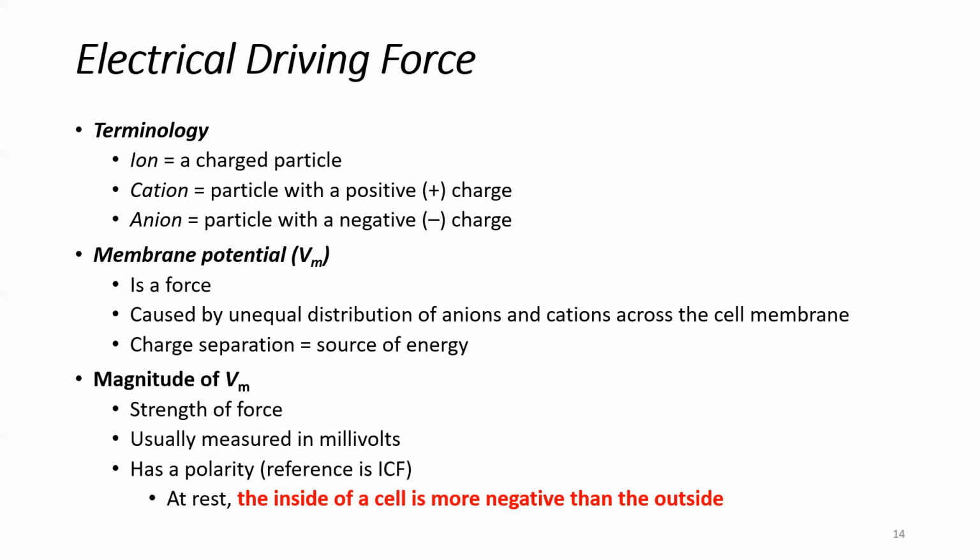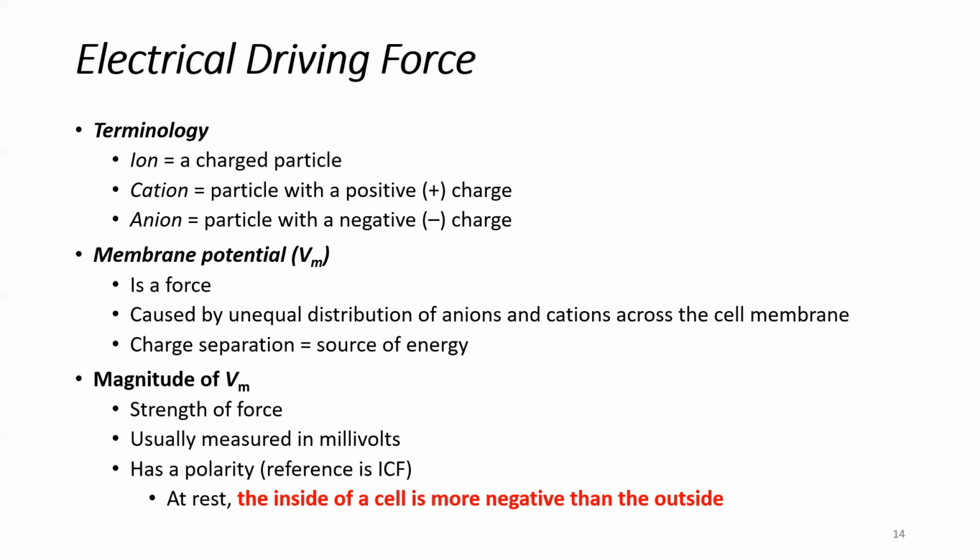And then we can also think about the magnitude of that membrane potential. How strong is it? That's going to depend on a couple of things. It's going to depend on the type of charge. Some cations are positively charged, 2+ like calcium or 1+ like sodium. So the number of charges on the particle will determine the magnitude, or the strength, with which particles want to move. We're going to represent that value in terms of millivolts,